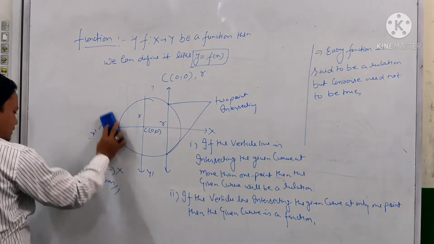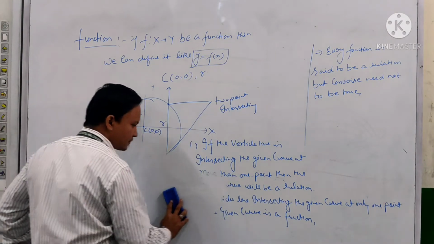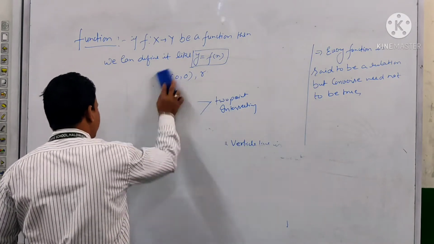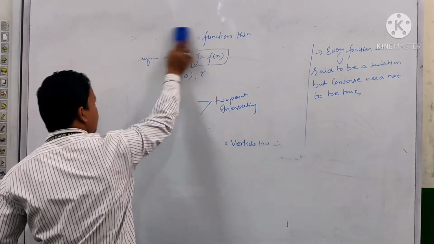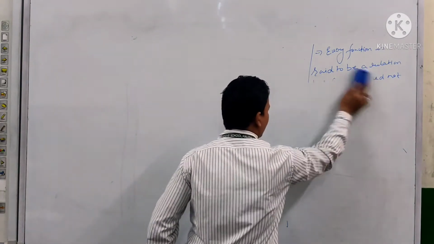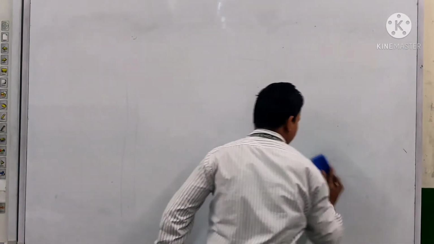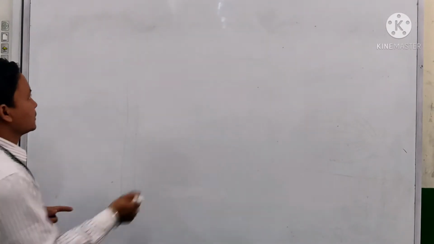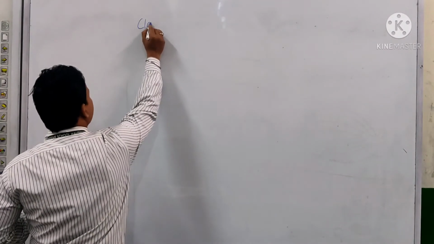So in 12th standard we will learn two types of function. Okay, only two types. There are four types of function, but we will focus only on two types of function, which are onto and one-one. Okay, so we discuss it one by one, starting from the classification of function.